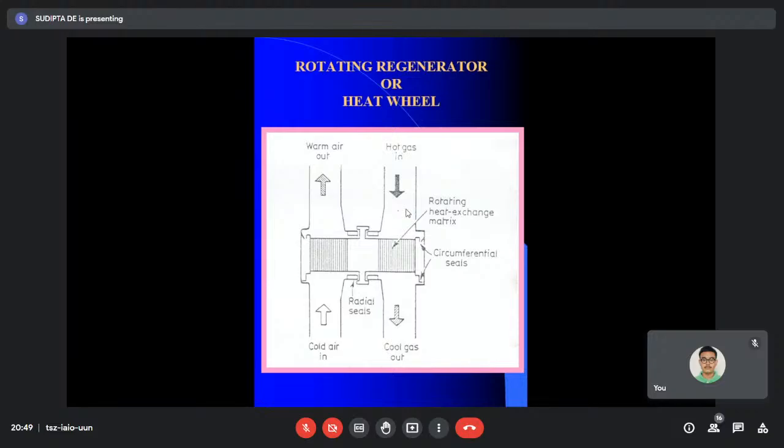Full stop. This has to be minimized by providing circumferential seals,